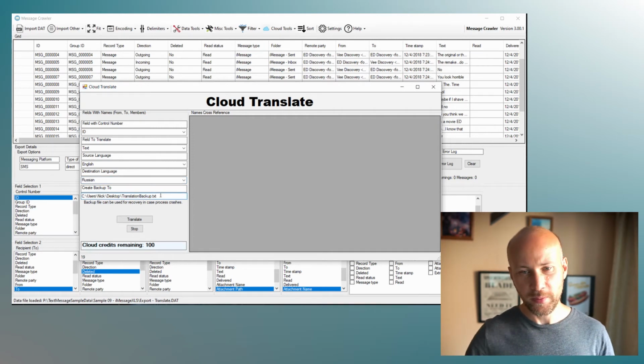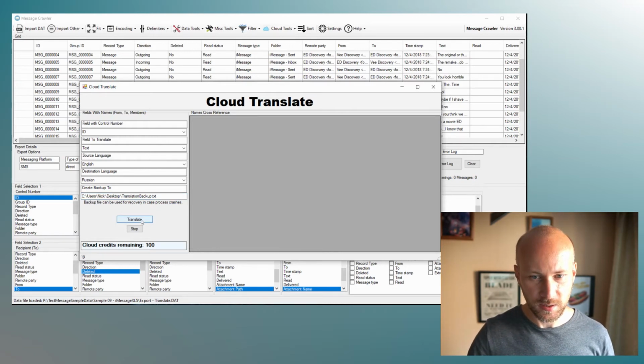So the idea of a backup file, in case you run this overnight and it crashes, well, as the program runs, it's going to write your results to a backup file. This way you don't lose your credits. Well, you are going to lose your credits if they've been processed, but you're not going to lose your data because the software crashed. So we're going to click translate, and now it's going to do its thing,